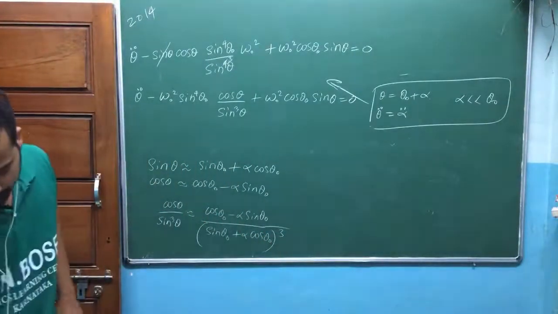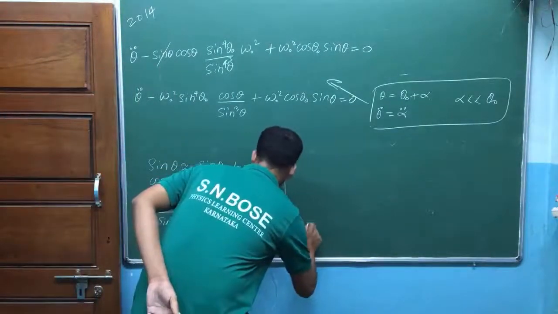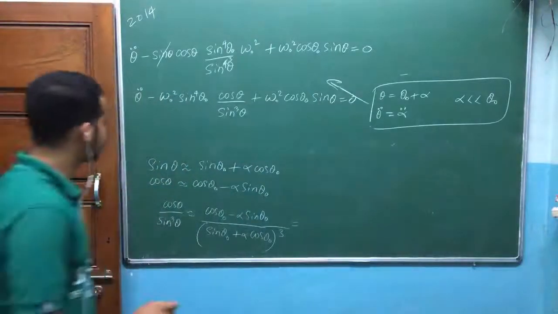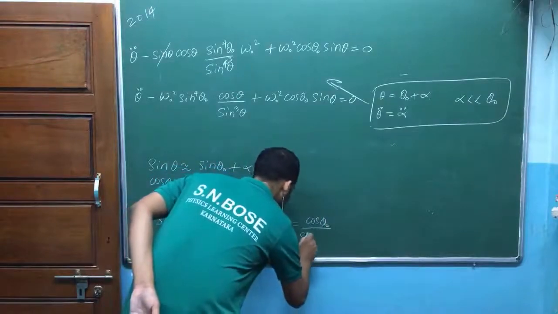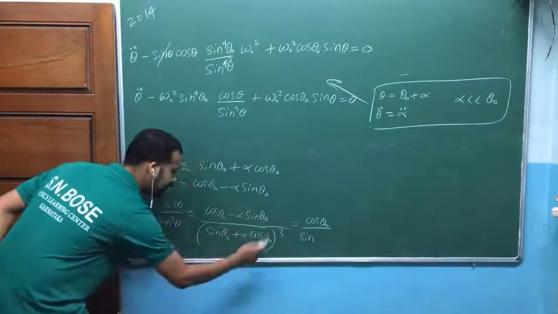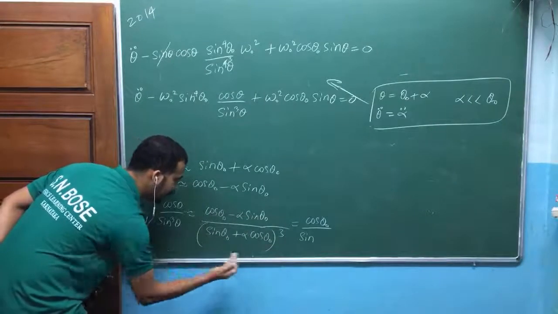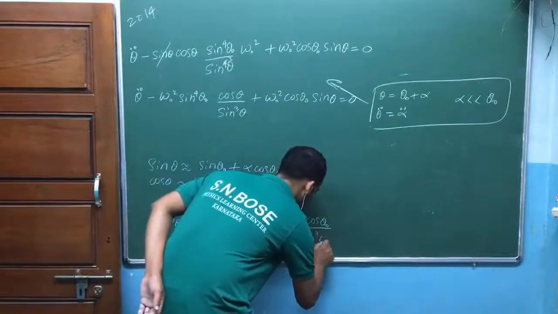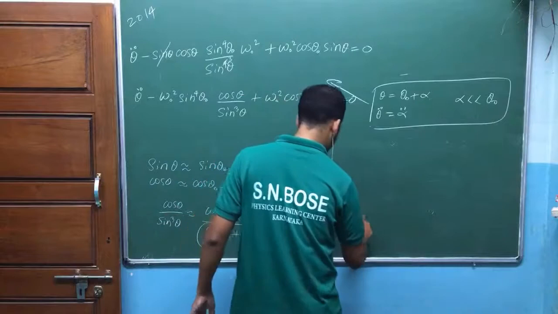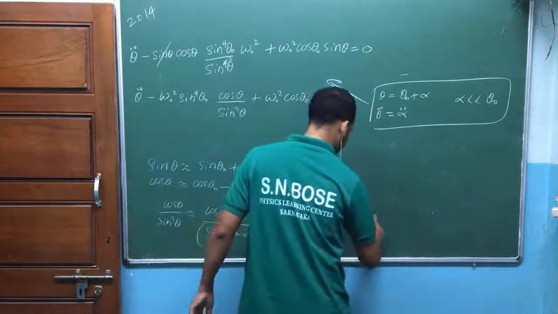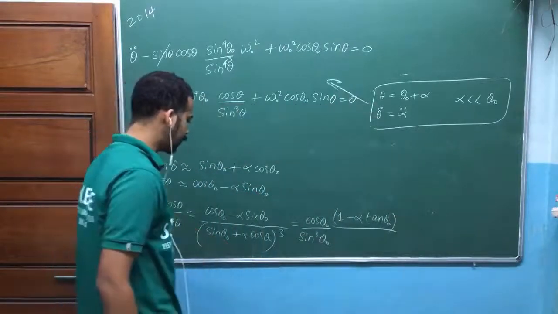If you found any mistake, quickly reply, okay? What I do here is I am going to take cos theta naught outside from the numerator, and sin theta naught from inside of this cube. If I take sin theta naught outside the bracket, what would happen? Sin cube of theta naught. If I take those things outside, I think you will get 1 minus alpha tan theta naught, whole divided by 1 plus alpha cot theta naught.